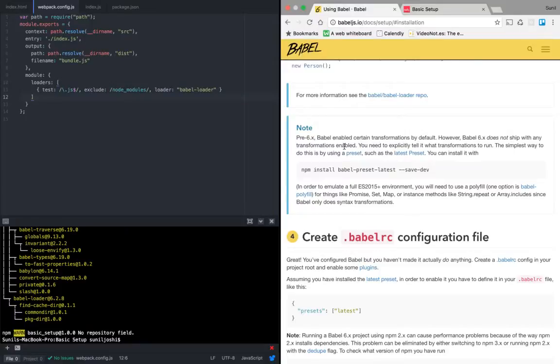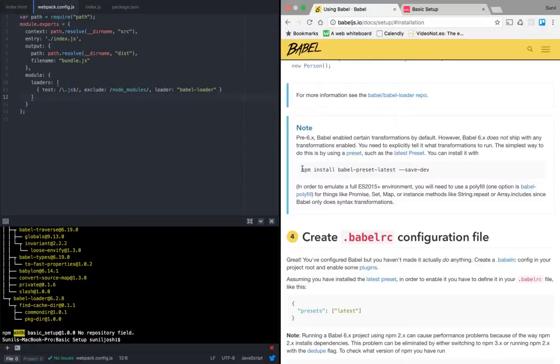So right now Babel is pretty lightweight since it doesn't have any transformations inbuilt. Transformations, as in, some latest presets which help us transform the ES6, ES7 to ES5 code. So it doesn't come with it, and it is telling me to install a preset.